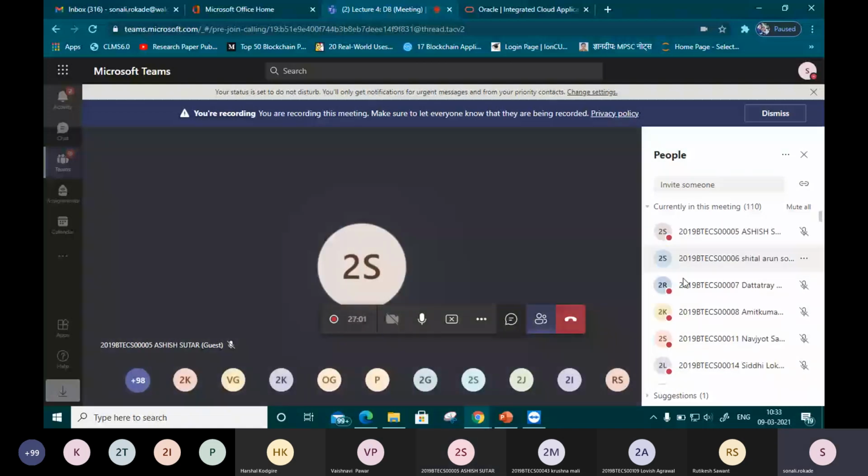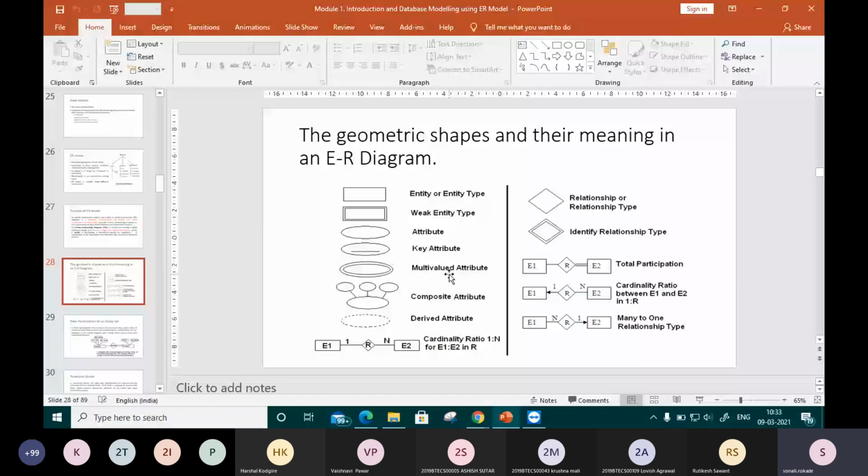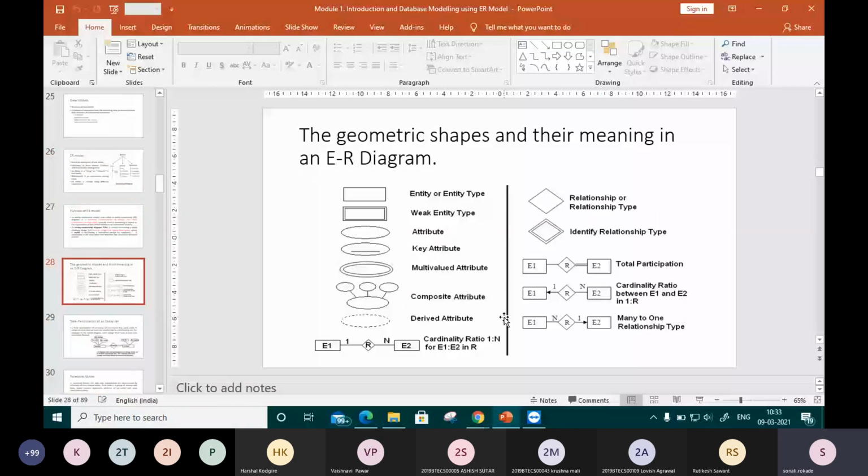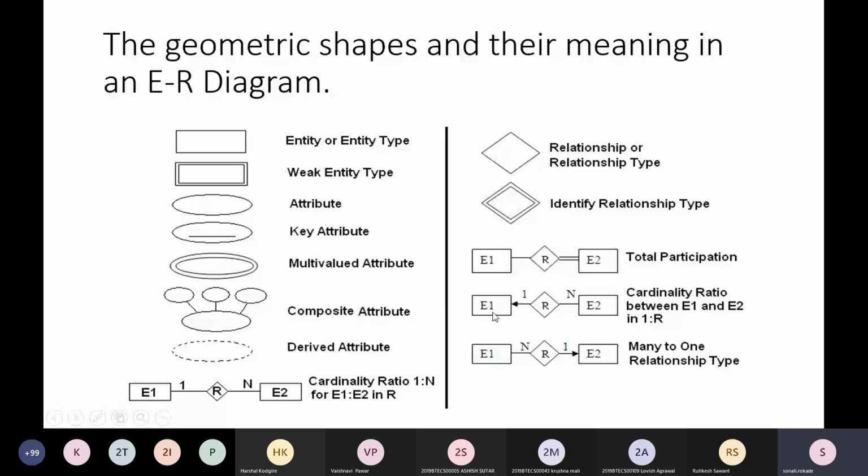Okay. So now here we have seen the first component, that is entity. Then we have seen key constraint of our main ER model. Now the next thing is relationship. How we are going to show our relationship between entities. So there is one thing which is used, called cardinality ratio. Cardinality ratio, for simplification we can say how any person or any one thing is going to interact with entities available or attributes available in another entity.